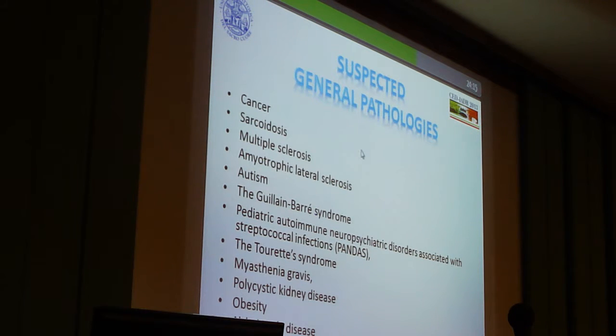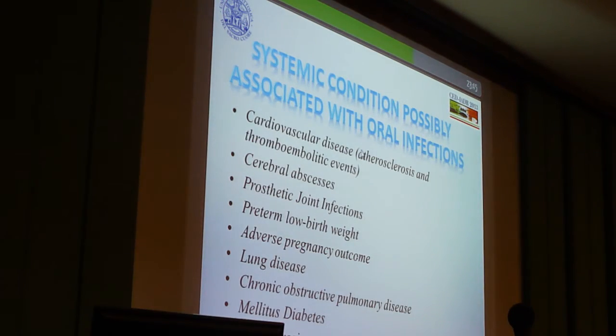These are general pathologies that are suspected to be linked with focal infection: cancer, sarcoidosis, multiple sclerosis, amyotrophic lateral sclerosis, otitis, Guillain-Barré syndrome, PANDAS, Tourette syndrome, myasthenia gravis, polycystic kidney disease, obesity, Alzheimer's disease, and diabetes mellitus. And these are systemic conditions possibly associated with oral infection. We can find, so, cardiovascular disease